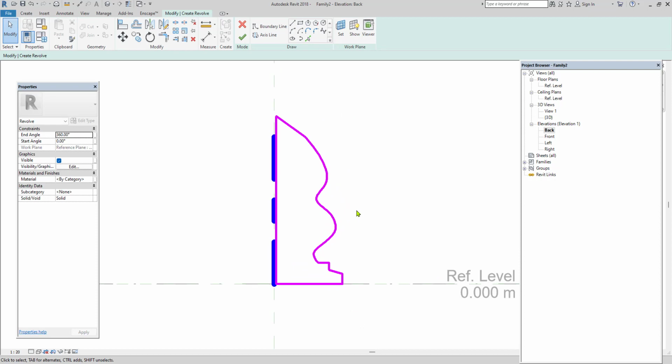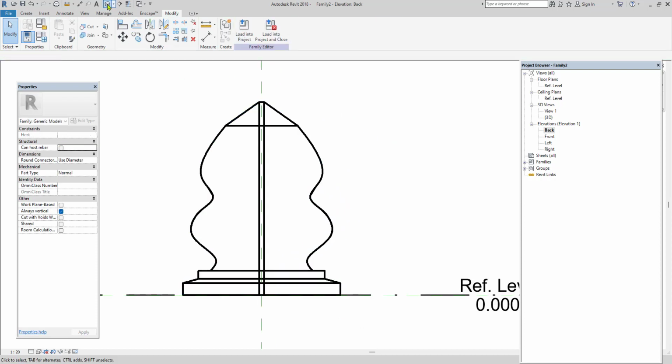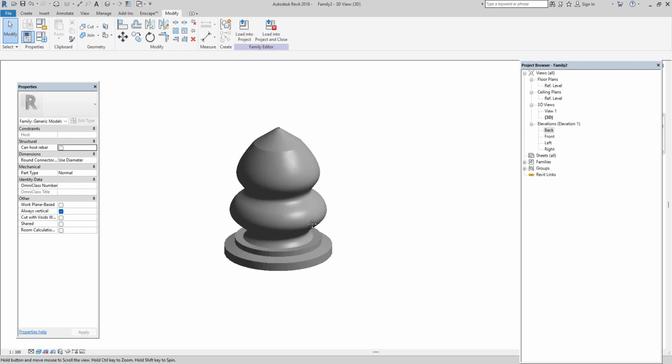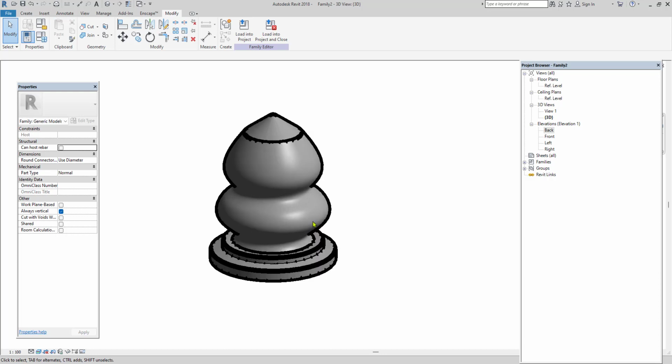So once you've done the particular shape and finish it, go to 3D. In order to do a pot, a circular column, a temple, gopura shape, or dome shape, normally use this revolve option. Even you can create the pot.